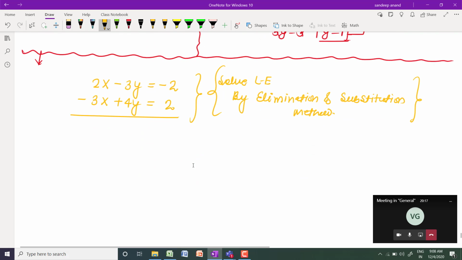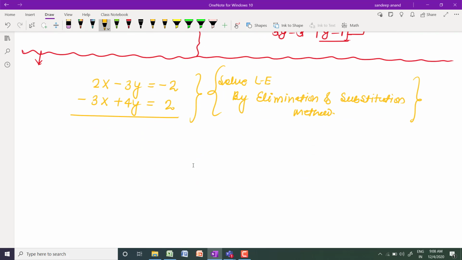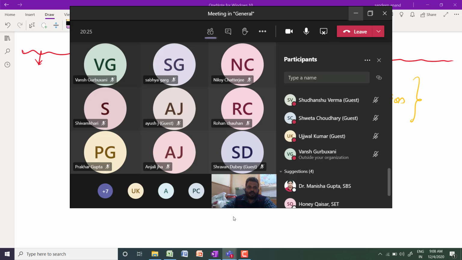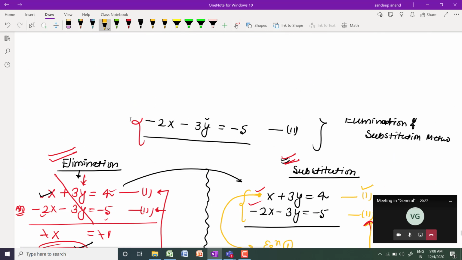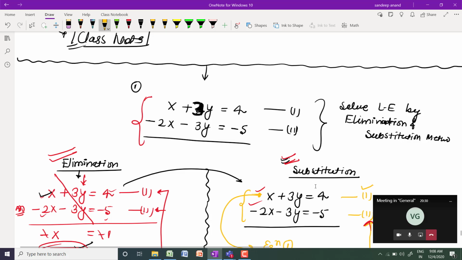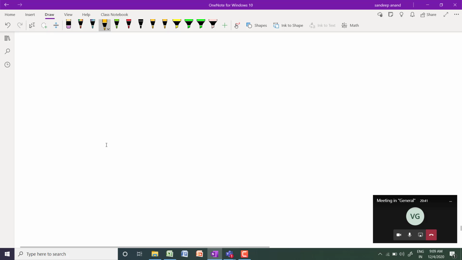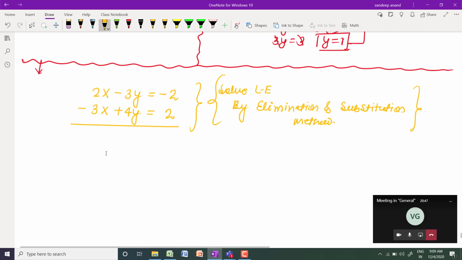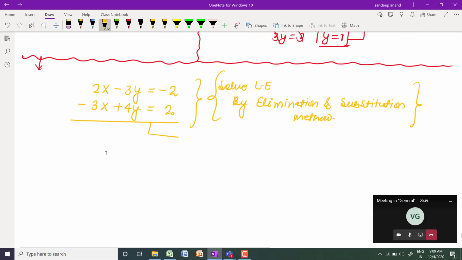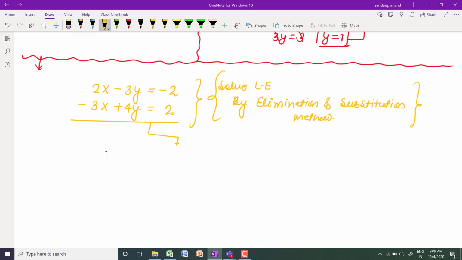Okay, so now I'm going to solve this problem not by elimination but by the substitution method, because previously I solved one question based on both elimination and substitution. Since you are very clear with elimination, because you already studied the elimination method at school level, and I also practiced a few questions based on it in my class, I am going to tell you only about substitution right now, so that you have command of the substitution method.